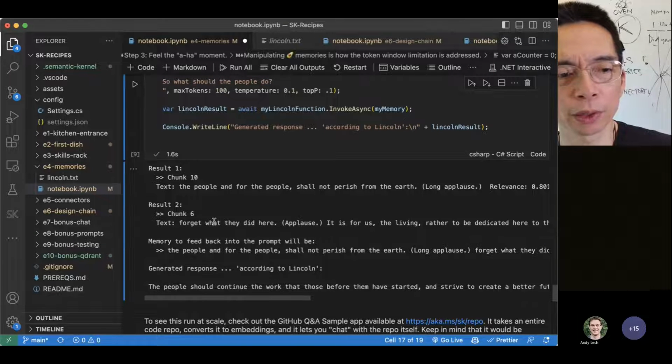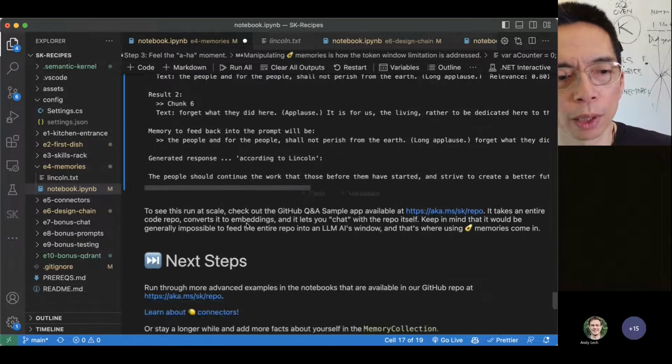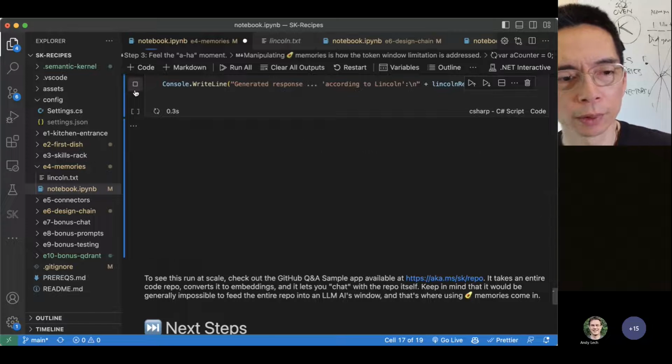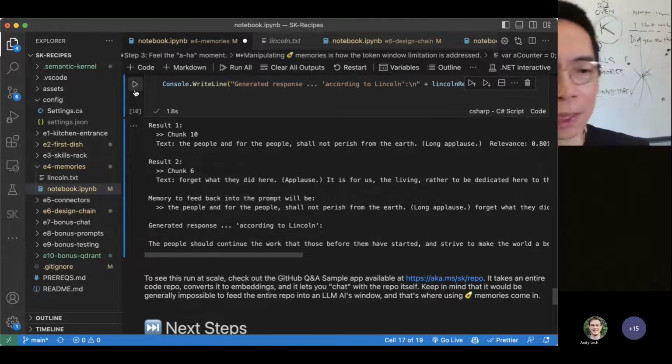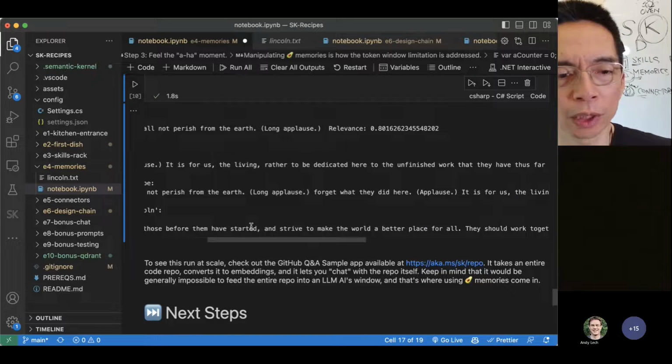Actually, no, sorry. I just took the first 2 chunks, result 1, result 2. I pasted these together in one chunk. And then I'm going to ask, so what should the people do? It now sounds Lincoln-esque. The people should continue the work that those before them have started and strive to make the world